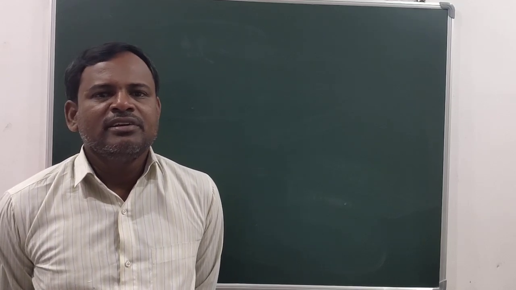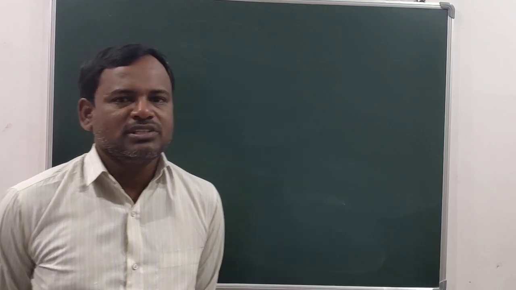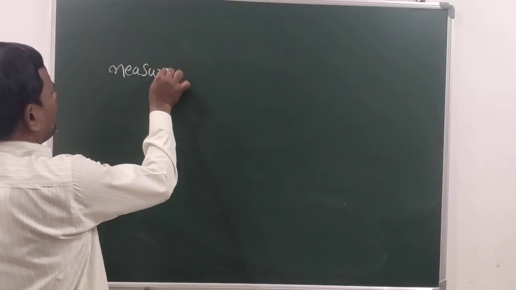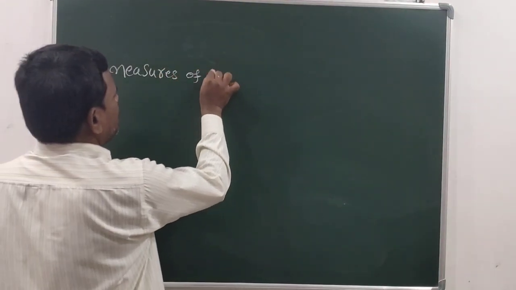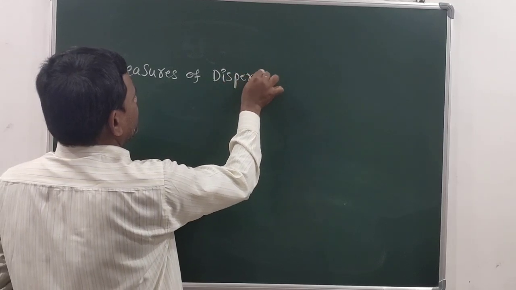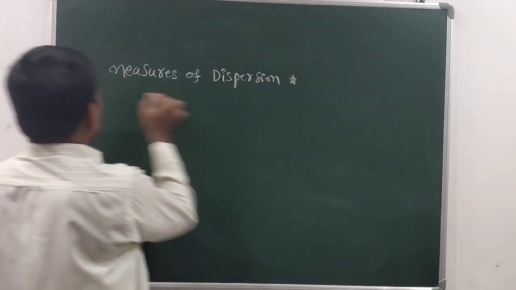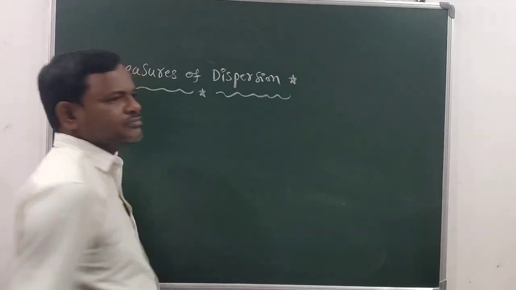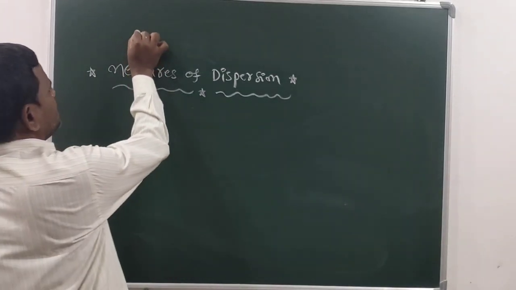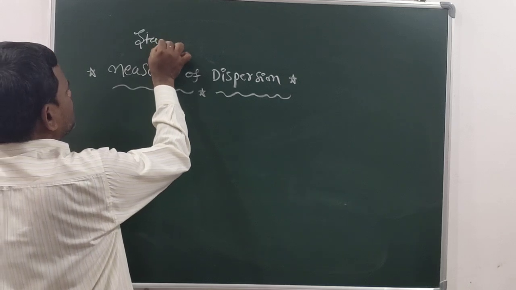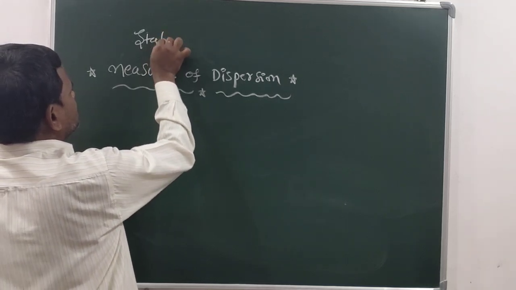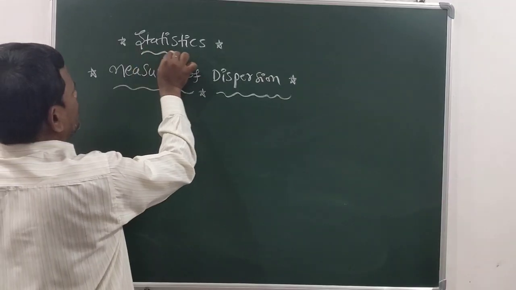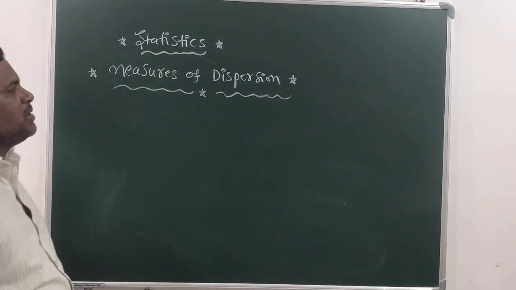In this 12th standard, we measure measures of dispersion. What do we measure here? Measures of dispersion. This is 12th standard statistics. See, under this measures of dispersion,